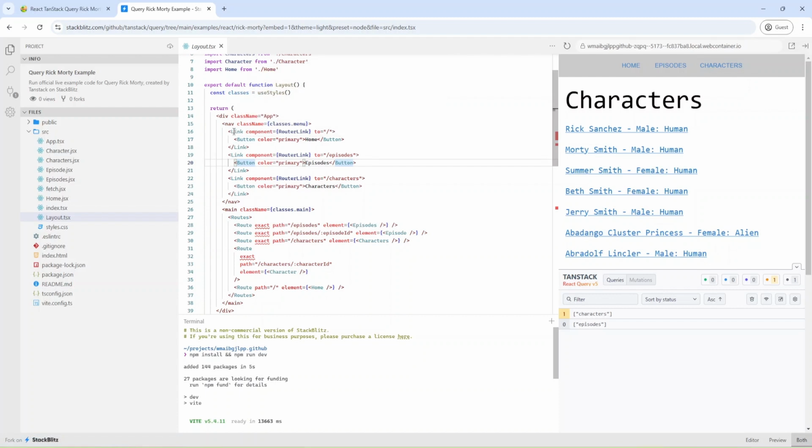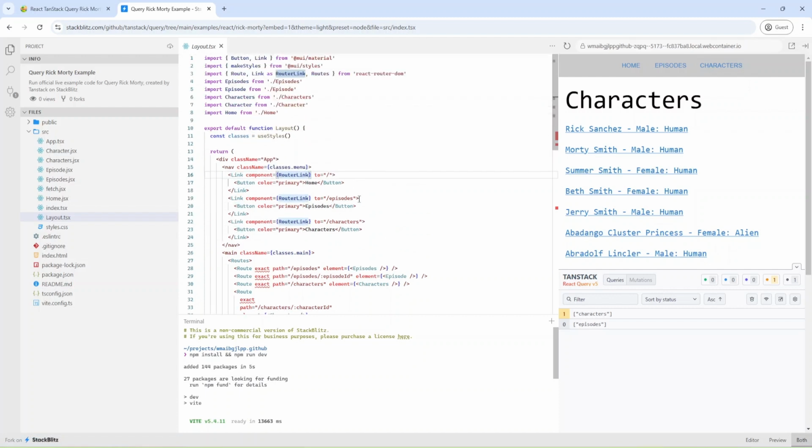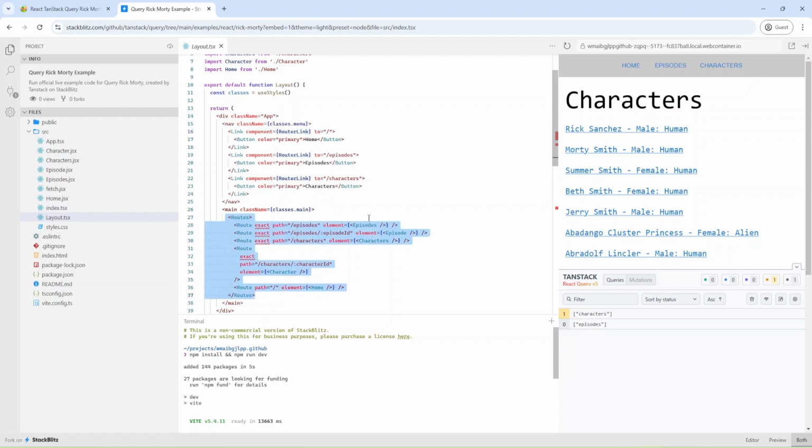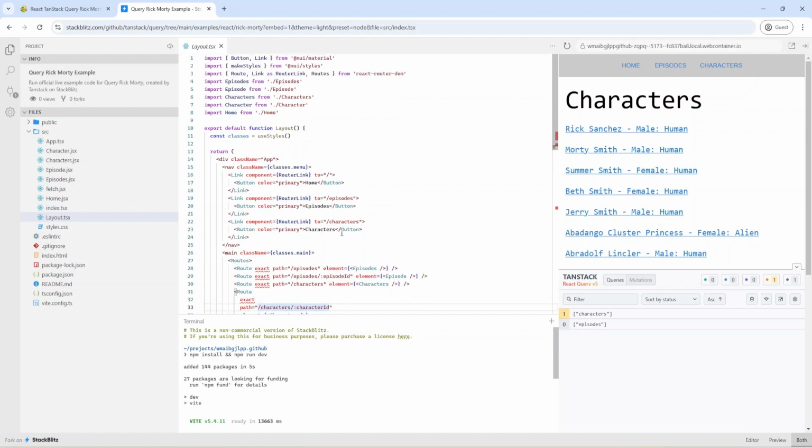And we have links to routes, and also we have routes here: a route for episodes and for some specific episode, and for characters and for some specific character with ID. And also, as you can see, we have imports here, and for each component we have an import.